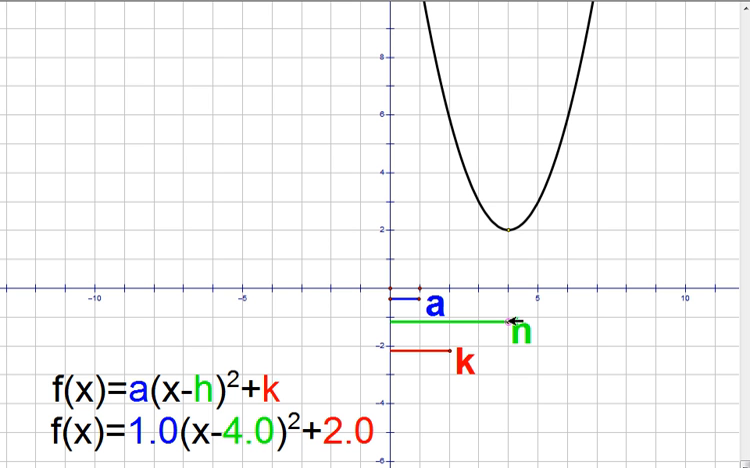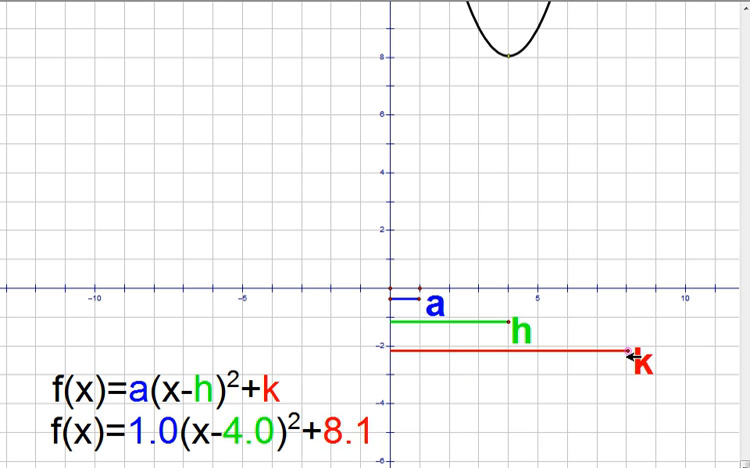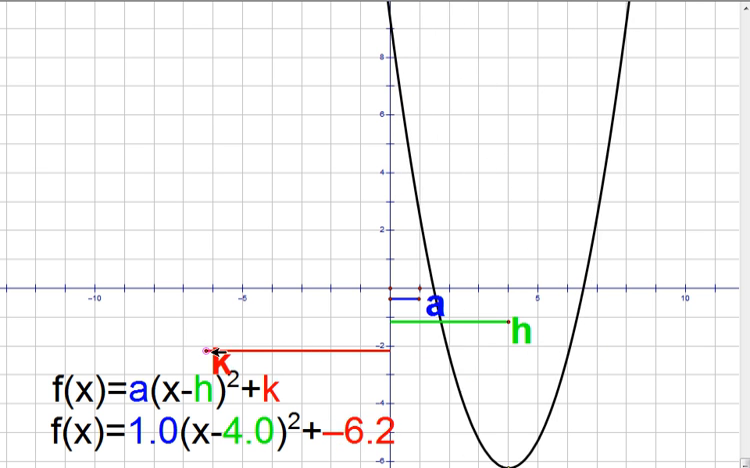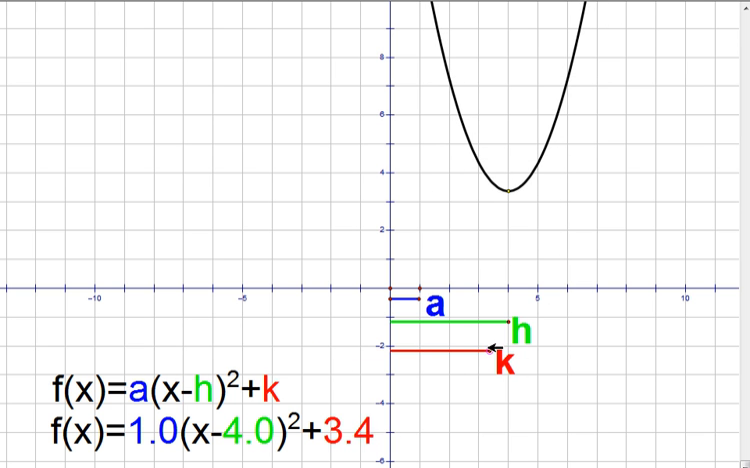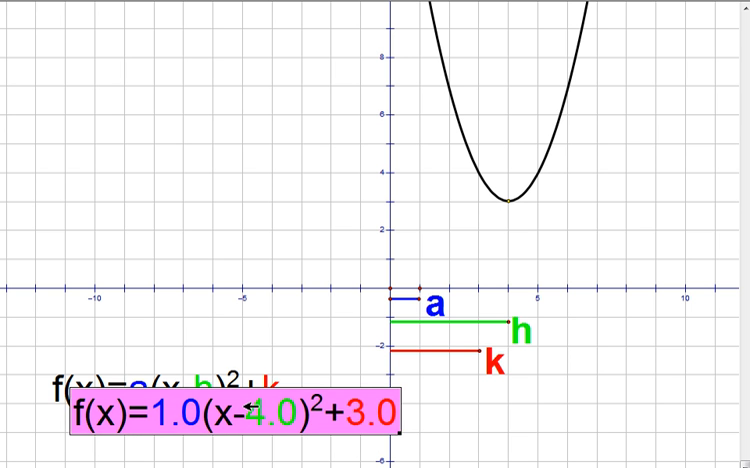So now look at my k. Now that h moved it left to right, look at k. What does k do? Up and down. See that? K moves it up and down. So when k is 3, look at my h and my k right now. What is my vertex? The vertex of this parabola right now is 4, 3. Now look at the values on my sketch pad. H is 4,